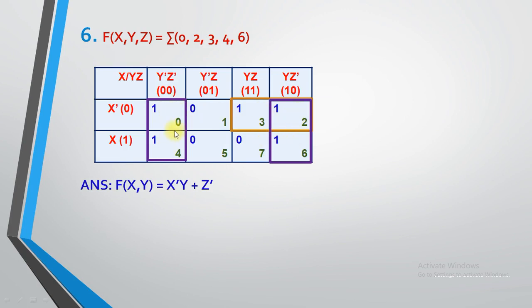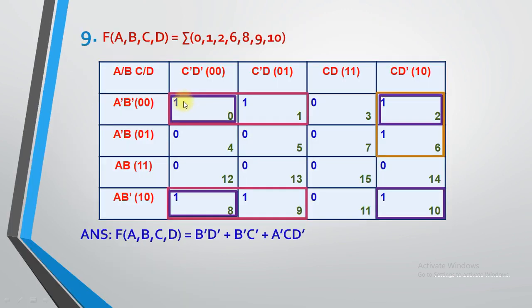This is a corner coordinate. Similarly, these 4 are the corner coordinates. So the group of corner coordinates is possible. I have taken this example because it clears all the fundamentals of K-map. That's why I have taken this example over here. So try to understand the given example so that if any complicated example comes in the exam, you are able to solve it, right? So over here there are 3 groups.